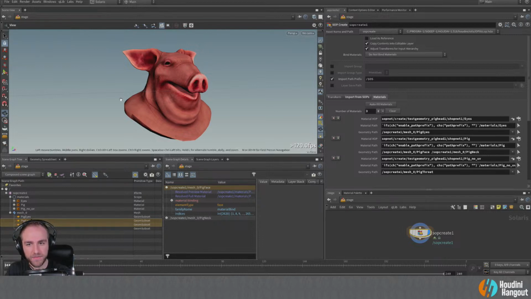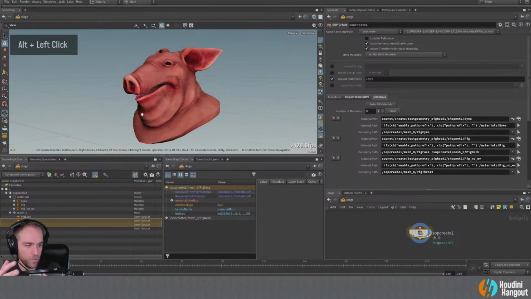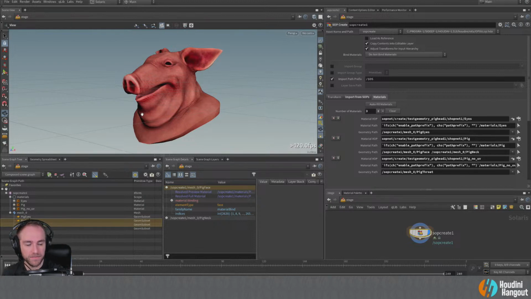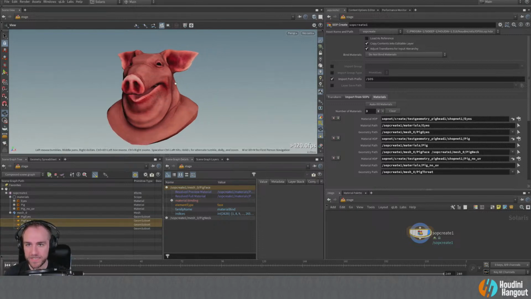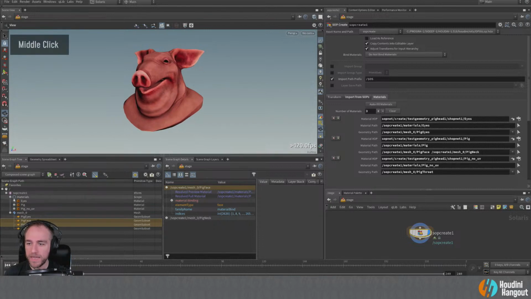But you can see this is how this workflow goes, right? You can select from your scene graph down there and drag them into these individual geometry paths. And this is how this is getting assigned. It's a little bit confusing here because it's got some strings in it, right? But basically it's saying that we're taking this material here, so pig, no, UV, pig, and eyes. We're setting this as the material path, and then we're assigning it to these like mesh 0, pig eyes, things like that. So now we have this a little bit cleaner. It's still showing up the way we kind of want it to.